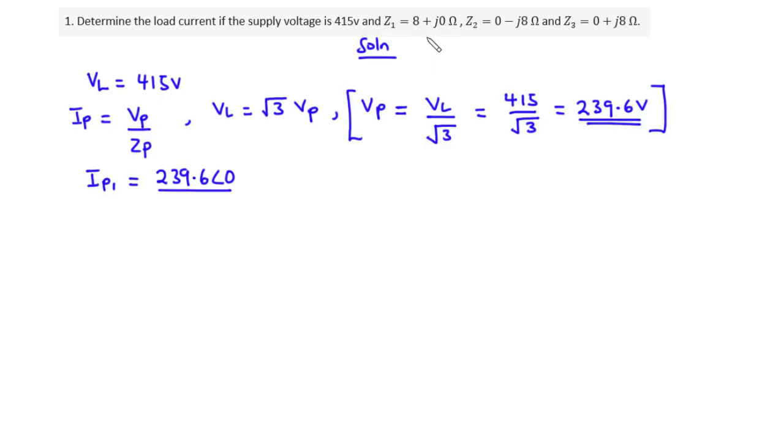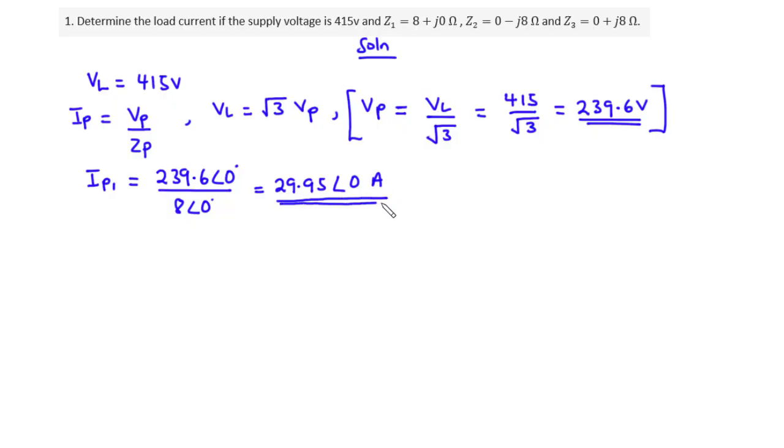Now 8 plus J0 ohms, converting this from the rectangular form to the polar form, gives 8 polar 0. So 239.6 divided by 8 gives 29.95, and then 0 minus 0 is 0. So we have the phase current Ip1 to be equal to